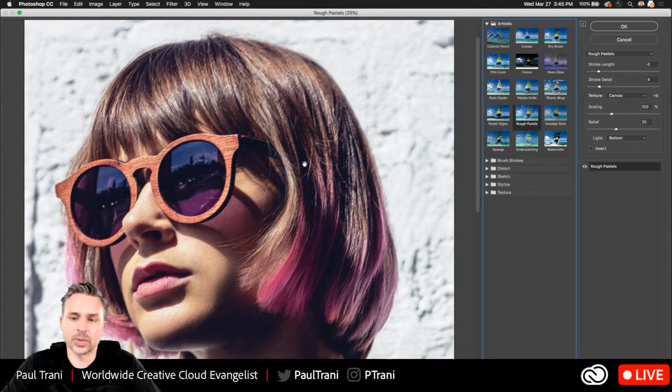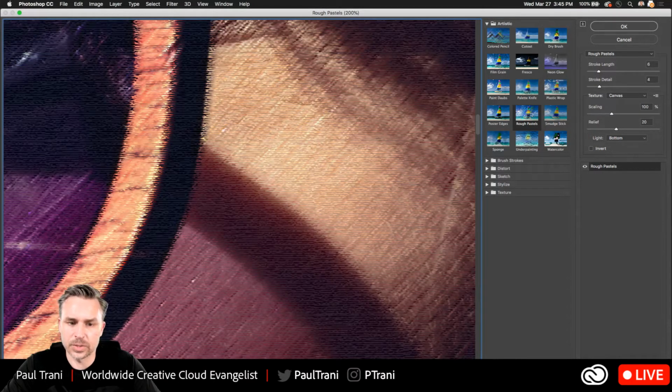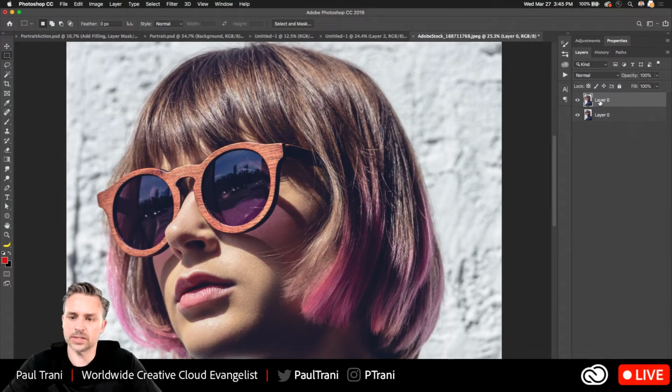Again, just selecting rough pastels and waiting for that to come through, okay? But since this is such a large image, it is applying the texture, but it's hard to see because it's so large. Feel free to do that. Now, if you apply that, it's going to be destructive. So chances are what you want to do with this portrait